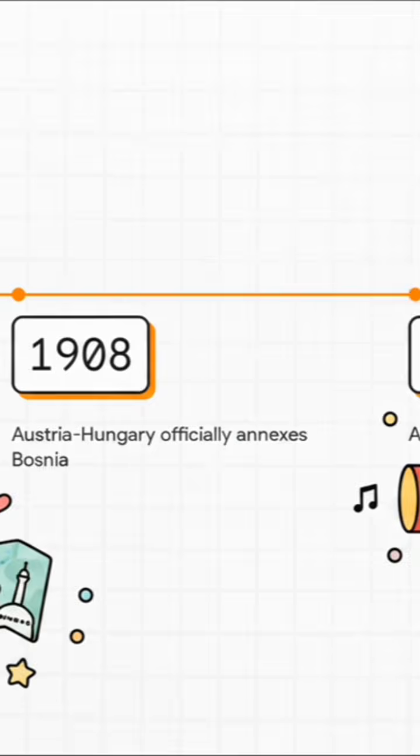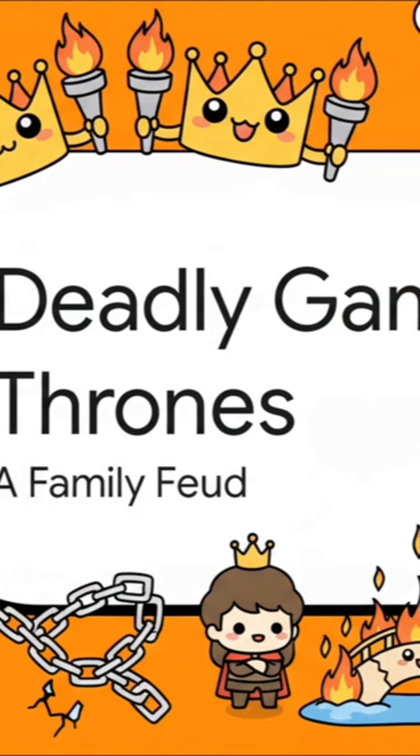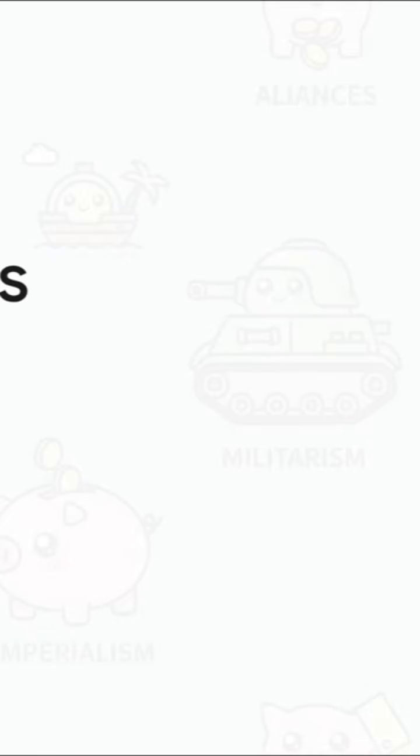Section 2. A Deadly Game of Thrones. A family feud that burned the world. Now, to really grasp this feud, we've got to look at who was actually